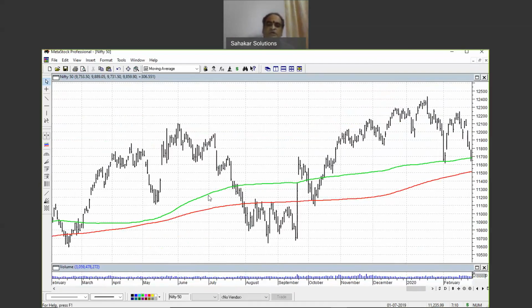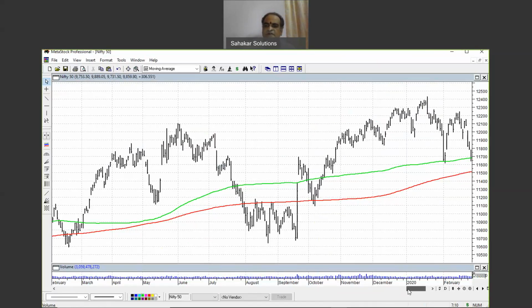Here I told you it is always advisable to look at the slope. Here you can see the slope is going up and up and up. Here, even though the price has come down for some time, eventually the price went up. And as I mentioned, they act as support and resistance. Here, it acted as a support area.